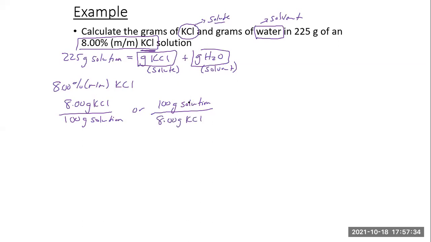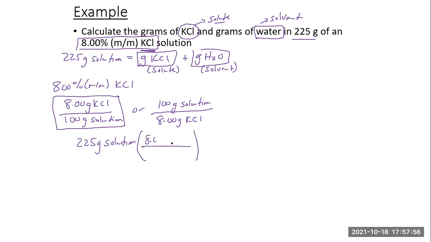So we could take the conversion factor route on it. And we do have 225 grams of solution. So if we take 225 grams of solution and use this conversion factor, which tells us that there are 8 grams of KCl in 100 grams of solution,